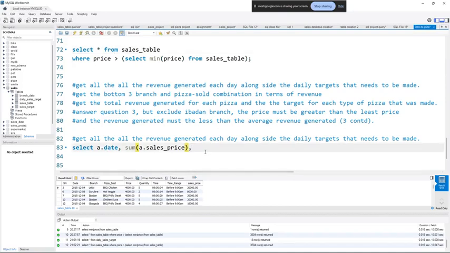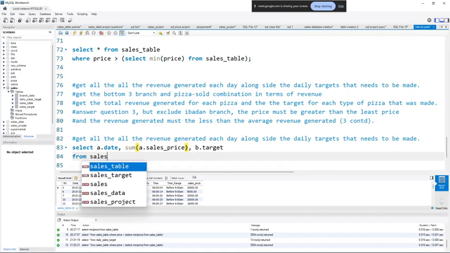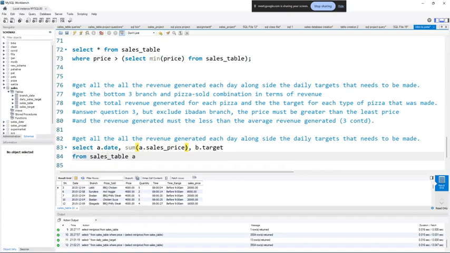Then another thing I need to get is B dot target, that is on the other table. I need to get the target column, the target for each day, right? From where? From sales table A join daily sales target B on